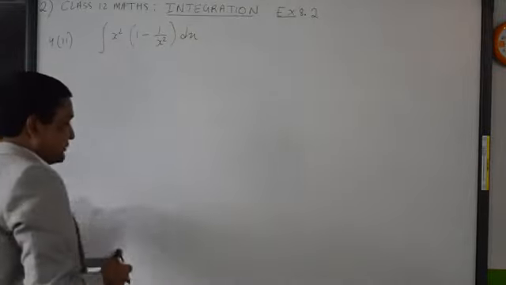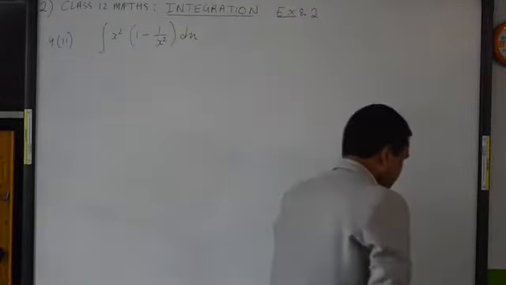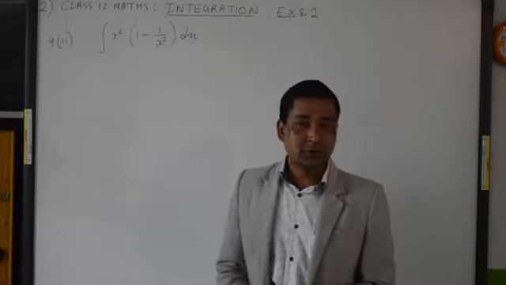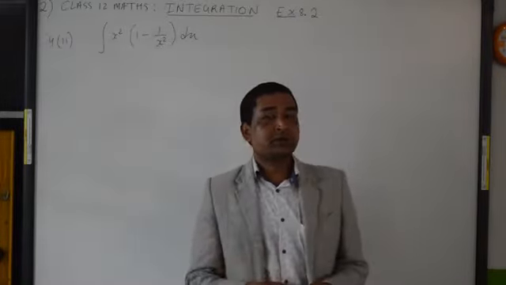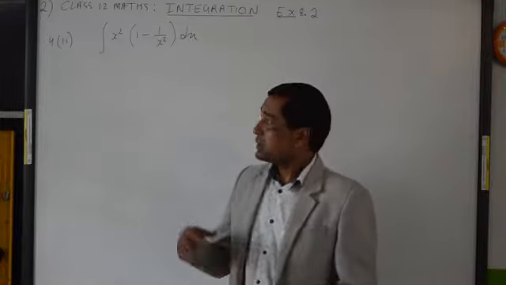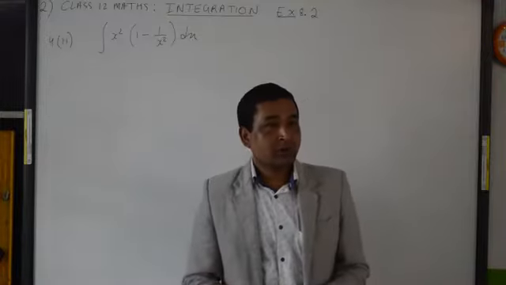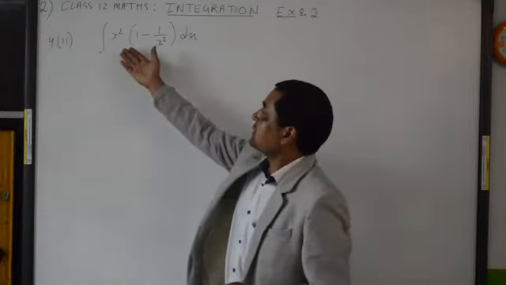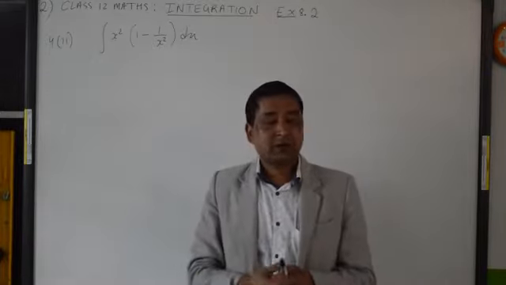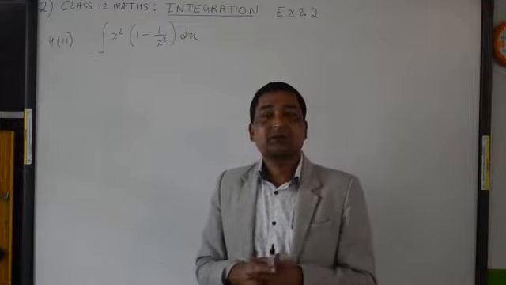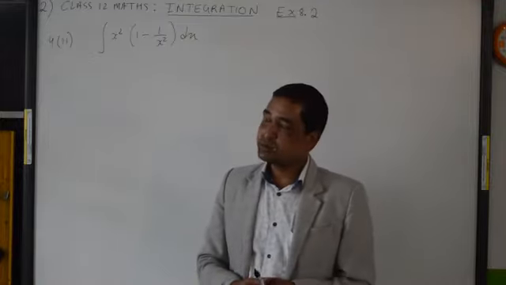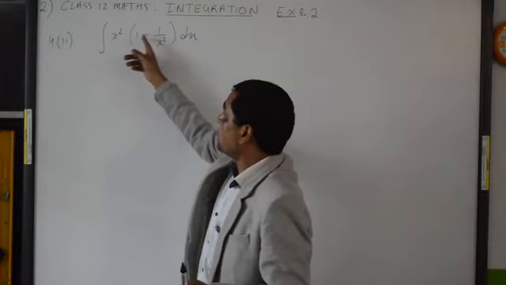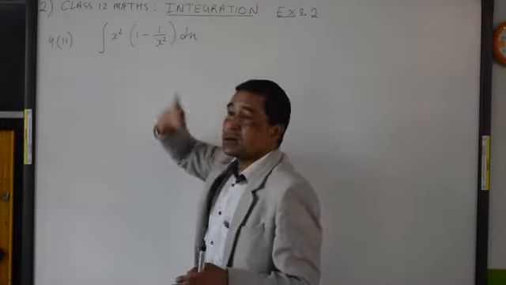This is very easy, because in differentiation we have a product rule and a quotient rule, but in integration we don't have a product rule or quotient rule. That's why you have to simplify this. If there is a question in product form, you have to multiply it out and convert it into simple form. We don't have a formula to do the direct integration of these product expressions.